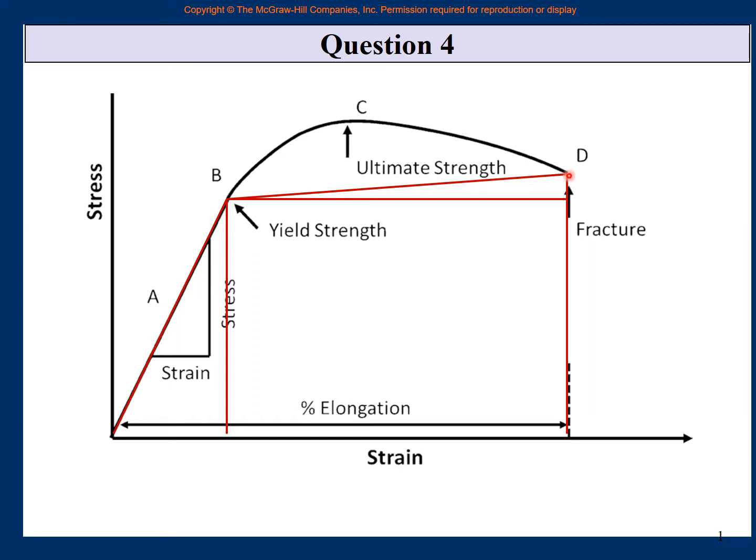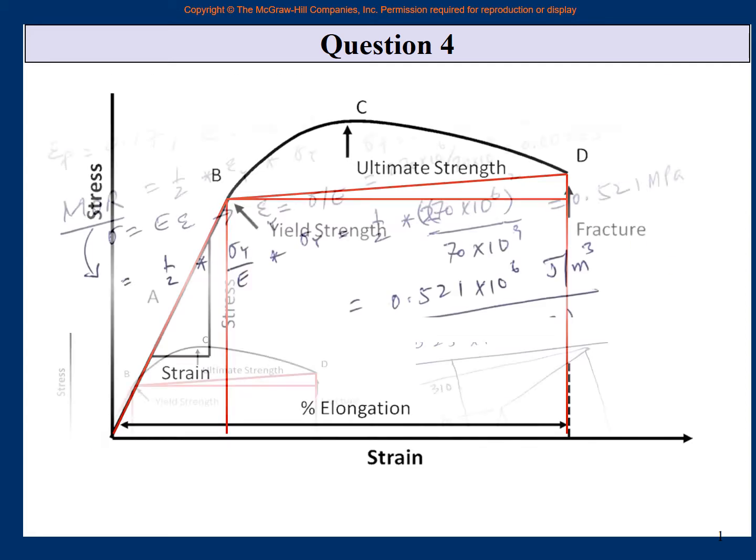So when you go to that triangle, this height is sigma f minus sigma y, the yield strength. But for this rectangle, the height is sigma y, isn't it? The height of this rectangle is sigma y, into epsilon f minus epsilon y. So this one is already done and these two are there. This is a rectangle, this is half base into height. So with this, let us go ahead.